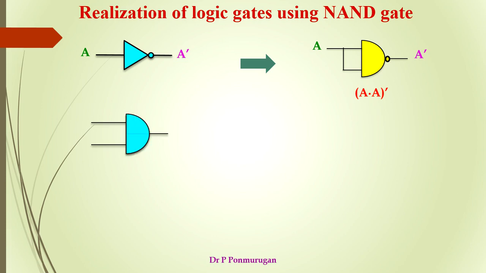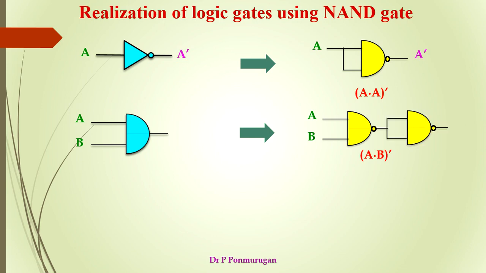And the next is an AND gate with A and B as inputs, and this can be realized using a NAND gate in this way: the inputs A and B have to be given to a NAND gate, and its output has to be again given to another NAND gate,